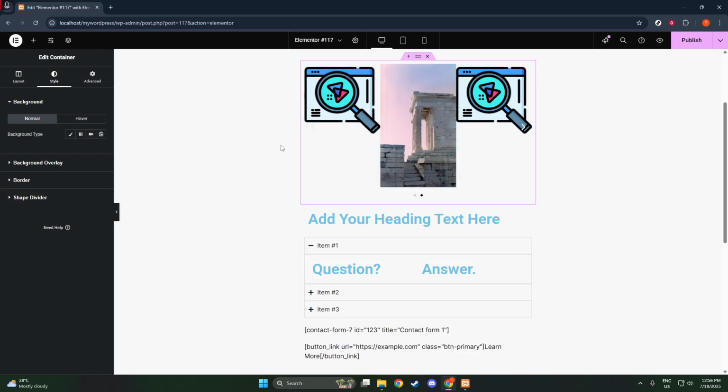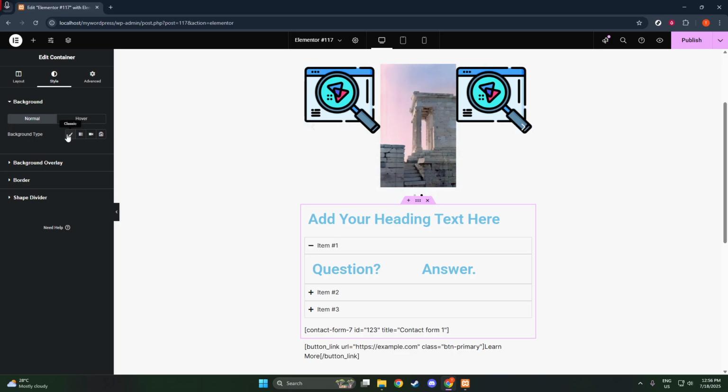Once you have your page open, locate the section where you want to change the background. As you move your cursor over this section, you'll notice a blue overlay appear. Look for the 6-dot handle icon at the top of this section. By clicking on this icon, you're signaling that you wish to edit that specific section. This action will open the editing panel on the left side of your screen, giving you numerous editing options to